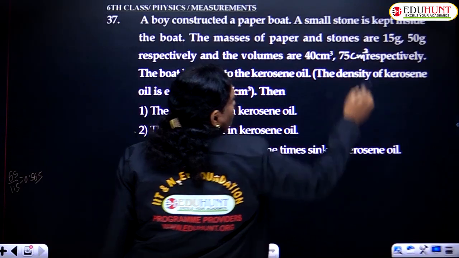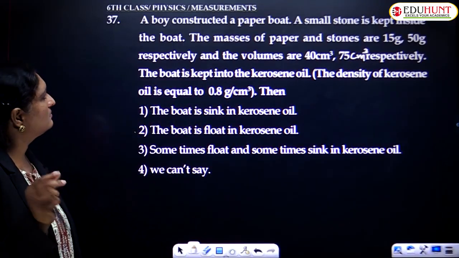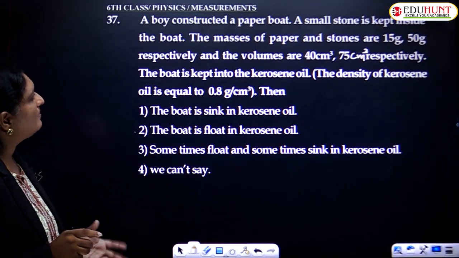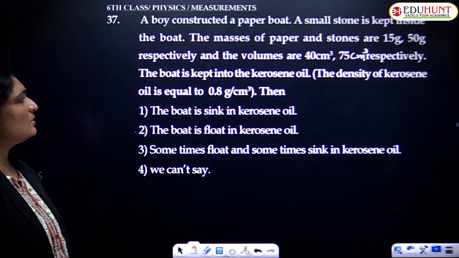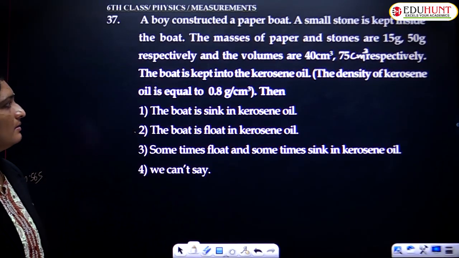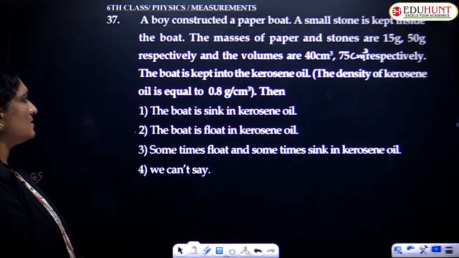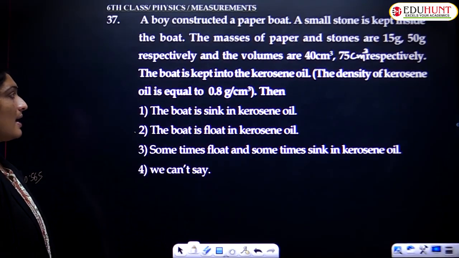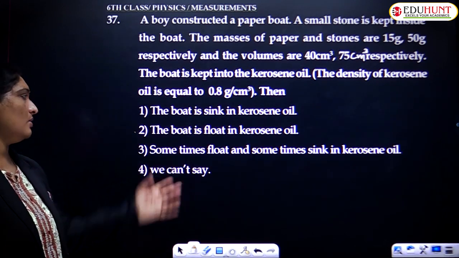So stone volume is 75 centimeter cube and the paper boat volume is 40 centimeter cube. The boat is kept in kerosene oil. The boat is allowed to float in kerosene oil. The density of kerosene is given as 0.8 gram per centimeter cube. Then you are asked to find out whether the boat will sink or float, or we